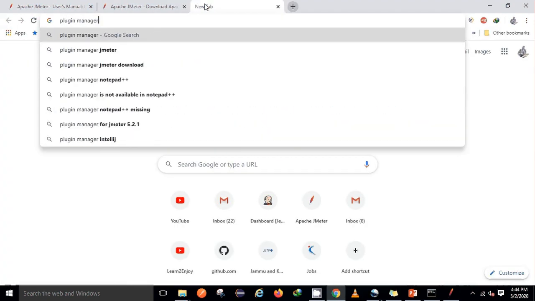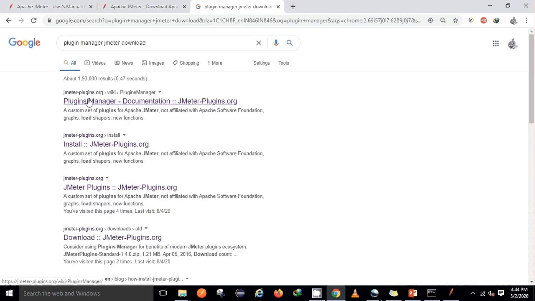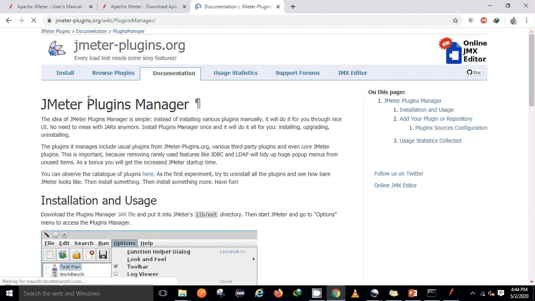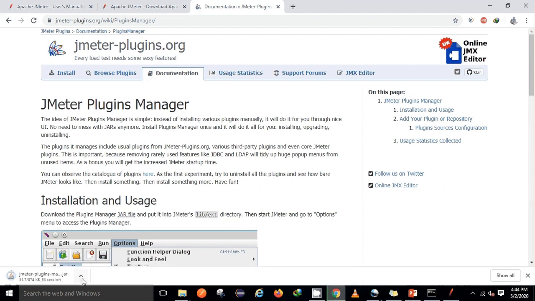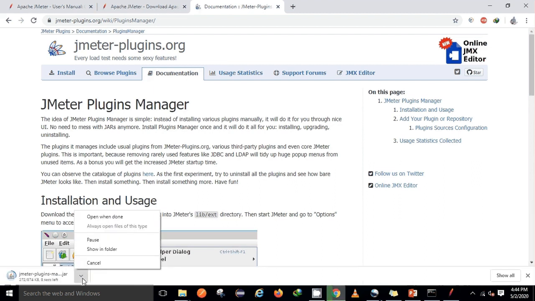Plugin manager JMeter, yes, download, and from here we can easily download it. If you want to get the jar file, here is the jar file. It's just 874 KB. Waiting to download. Yes, now it got downloaded.